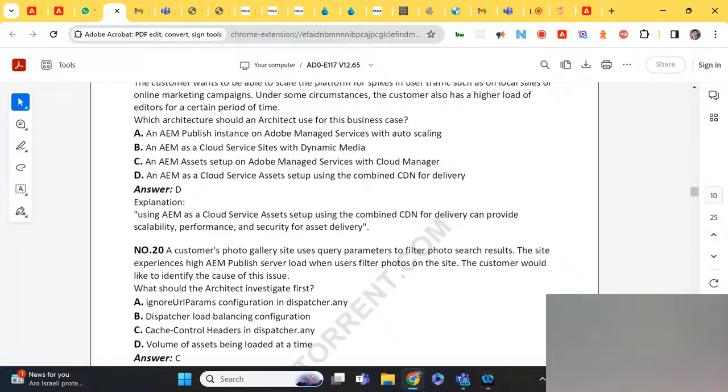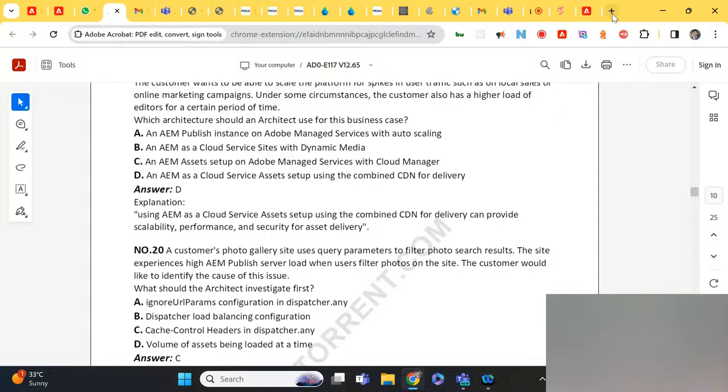When query parameters are coming, the request will always come to the publish, because query parameters are not cached by default. If ignore URL params is configured in dispatcher.ini, it will not go to publish, it will be served from the dispatcher. So I strongly believe first we need to do A and then we have to check C, because cache control headers in the dispatcher.ini file will check the request headers.